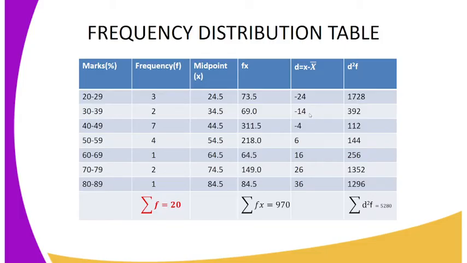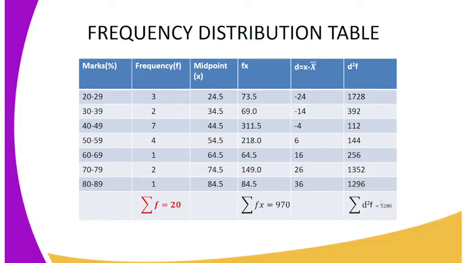Then you can as well add a class interval of 10, and 10, and 10, because the data is arranged in a systematic manner, the classes are arranged in a class interval of 10. Therefore you fill that deviation column. Then you take the deviation squared, the d squared, then you multiply by the frequency in each and every step, and you fill that table, and you get the summation of df squared,